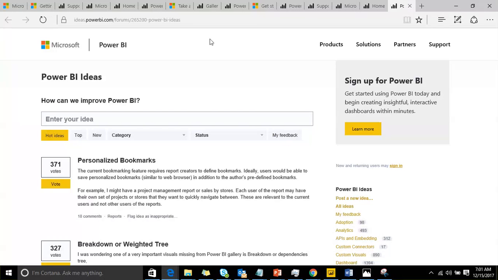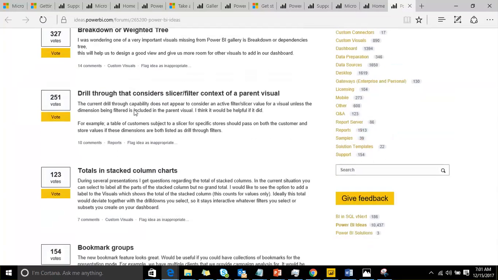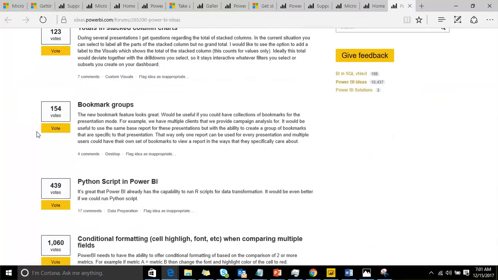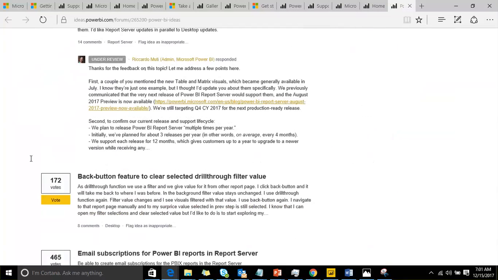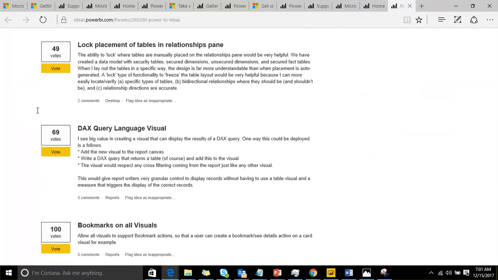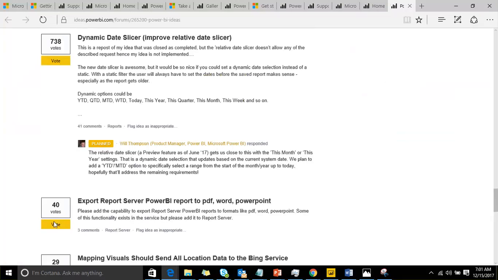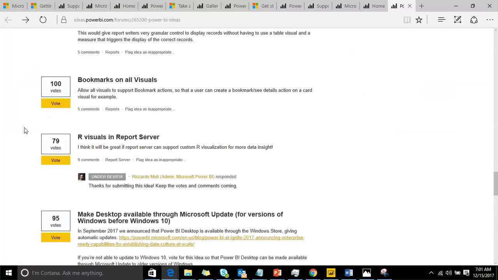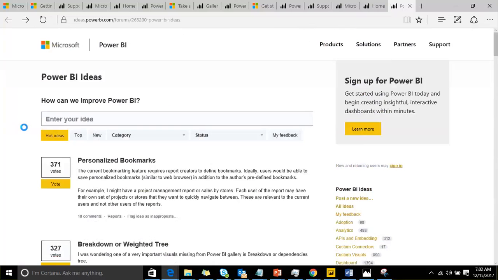So here you can see all the people who gave their ideas and the votes that they got. Based on that they are going to develop. These are all ideas that they submitted and votes that they got. So Microsoft will review them. If those are meaningful, can be achieved and are required, they are going to develop them. That is what submit an idea is.